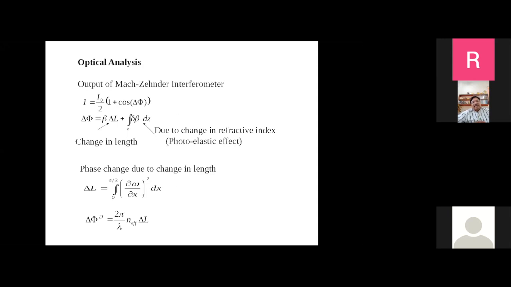So when I say delta phi, for example, I'm showing you delta phi varies with length as well as propagation constant. In general, the displacements are very small, but the stress-induced changes in the refractive index are very large. You call it the photoelastic effect or elasto-optic effect. So the refractive index change due to the stress can be quite significant, and it converts into a phase shift. So delta L is small, delta phi can be large.